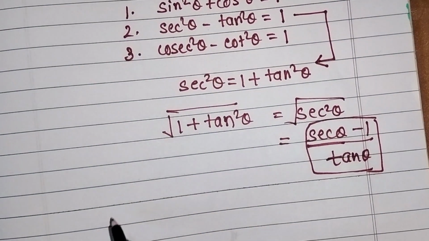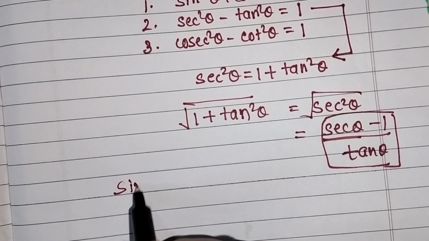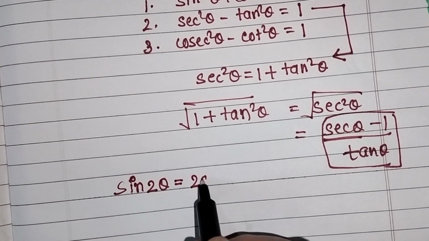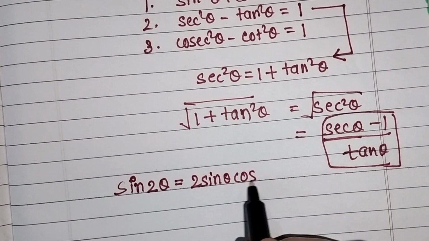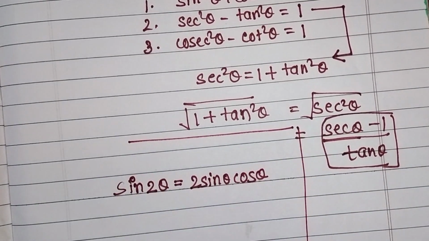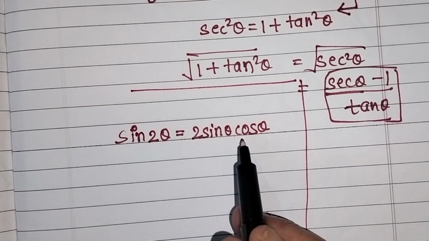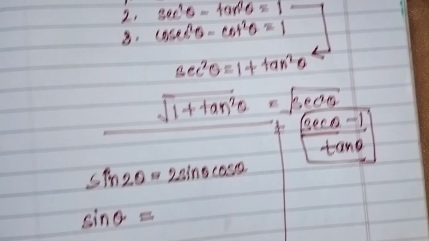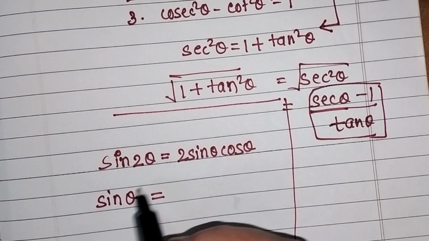Now as you know, if you have sin theta, sin 2 theta, what's the formula of sin 2 theta? You know that it is 2 sin theta cos theta. ठीक है, साइन के लिए फॉर्मूला क्या है? You have sin 2 theta equals 2 sin theta cos theta, but instead of this 2 theta, if you have sin theta, because हमारे पास यहाँ पर क्या है, sin theta है. ठीक है, सो sin theta के लिए what you can do,